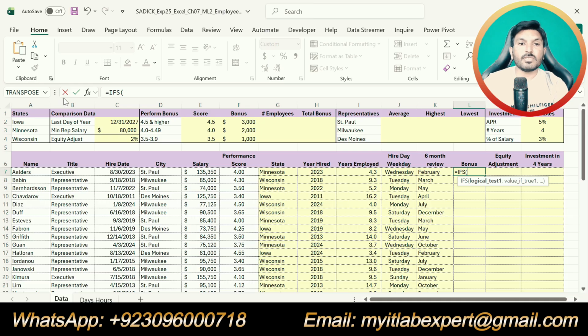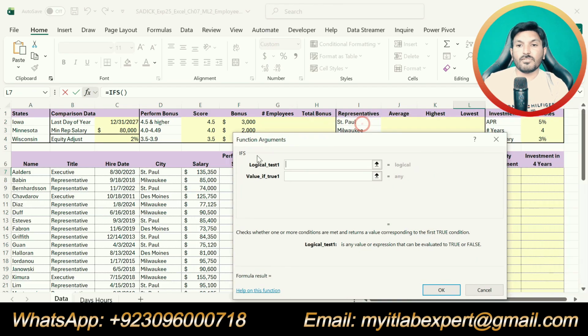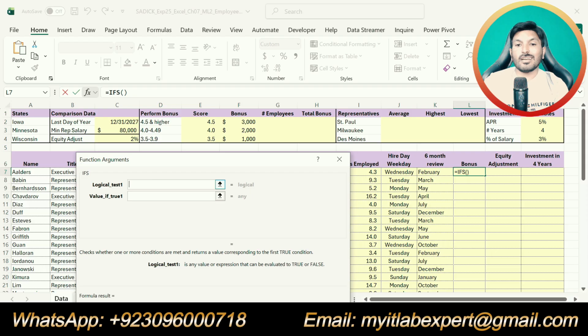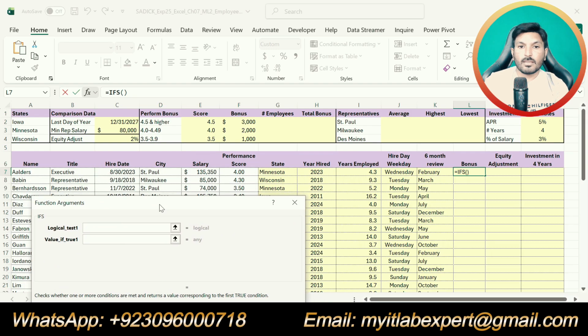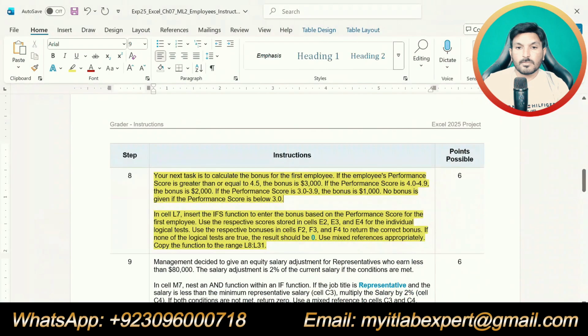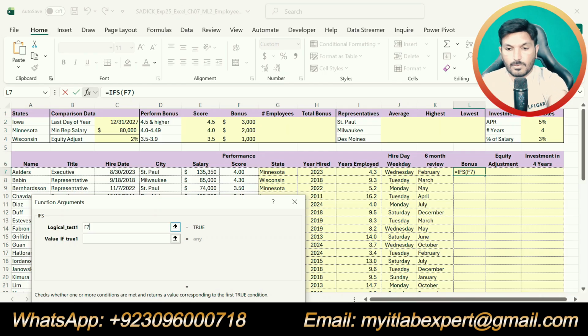Okay, IFS, then click the function symbol to enter the function arguments. So the first logic test is if the performance score, that is F7, is greater than E2, and we will use the mixed reference.